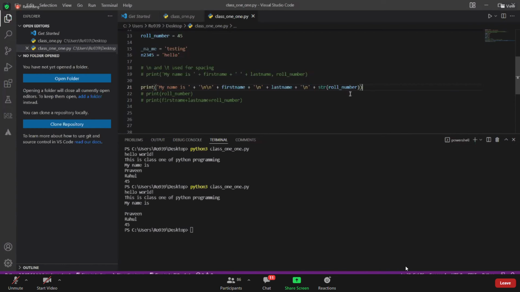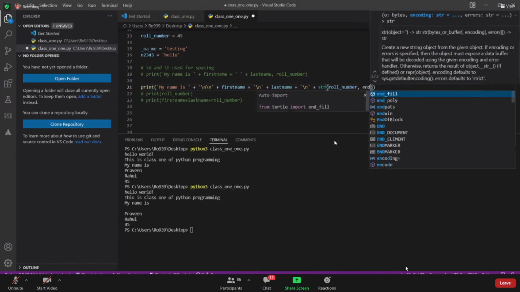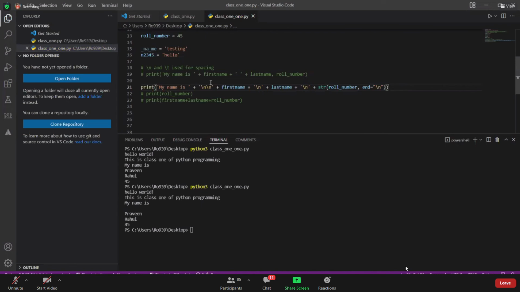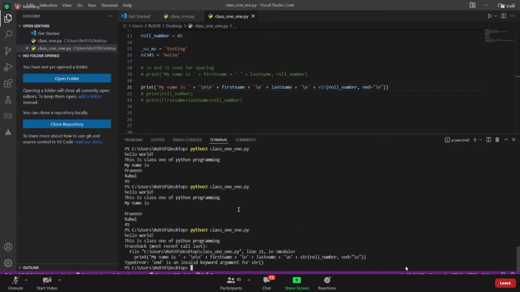You can also deal with tabs using end. There's a parameter called end which you can use on the print statement. Right now, as soon as you see 45 here, you're getting this particular command line, the directory which you have. But I want some more lines below this. So I'll give end. End basically means after executing the entire print statement, I want a /n. So in those situations, if you are trying to do it,